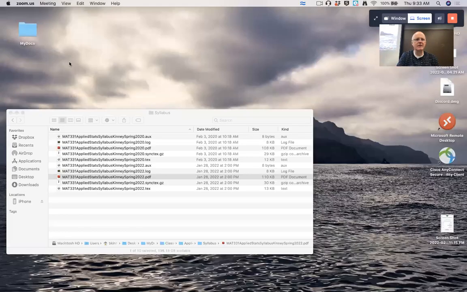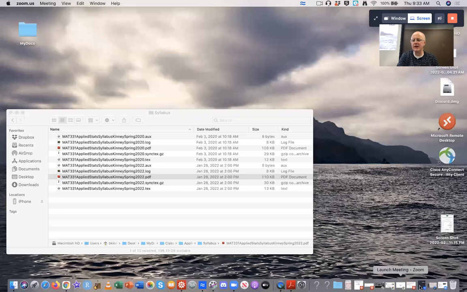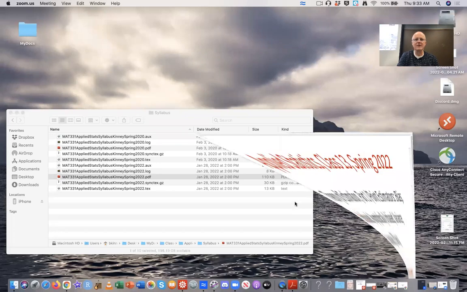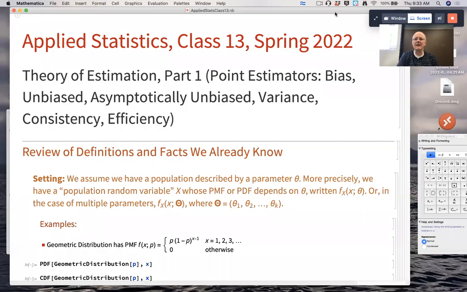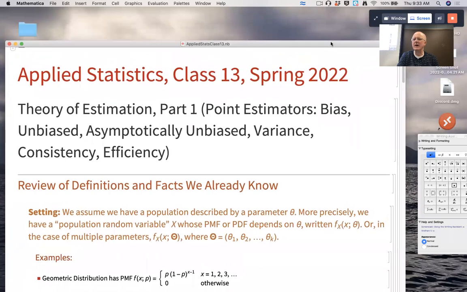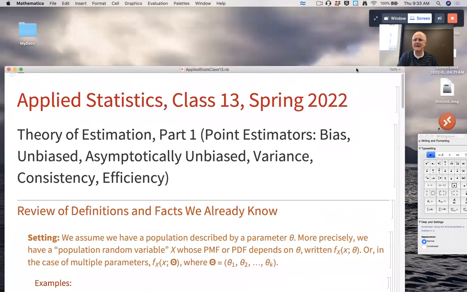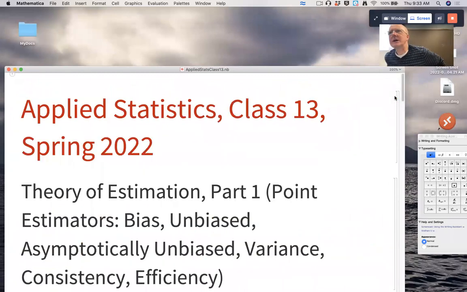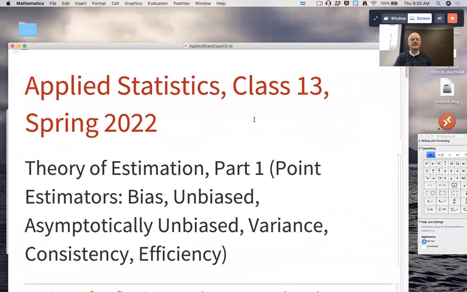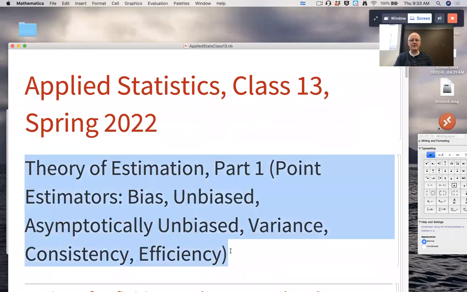All right, so like I mentioned a minute ago, today is going to be a very different day than typical. We're going to go through a lot of factual content, emphasizing the facts, and trying to understand them from an intuitive standpoint, and use Mathematica to do simulation whenever it seems reasonable. So I'm titling this class 13 here, Theory of Estimation Part 1, Point Estimators,